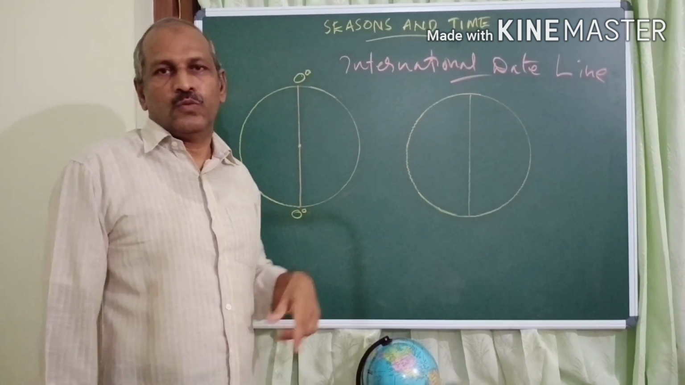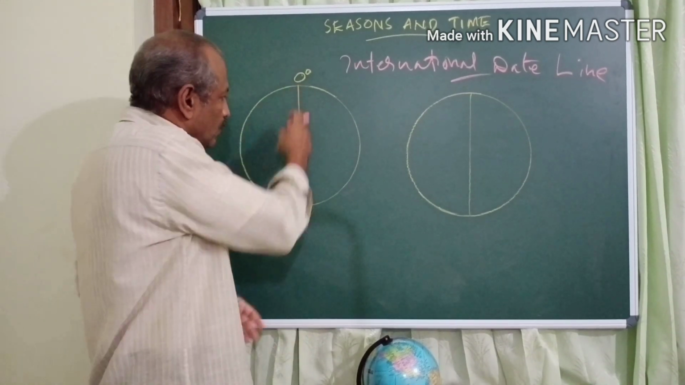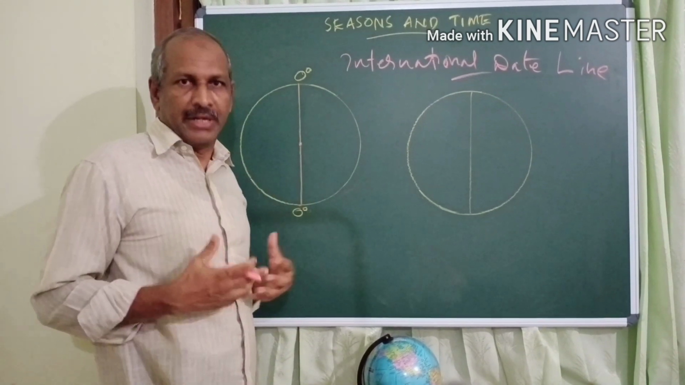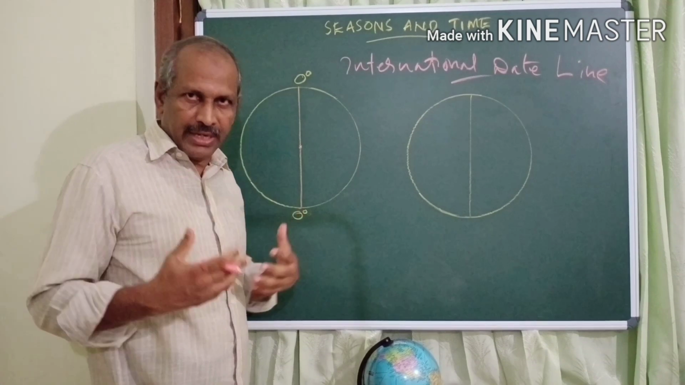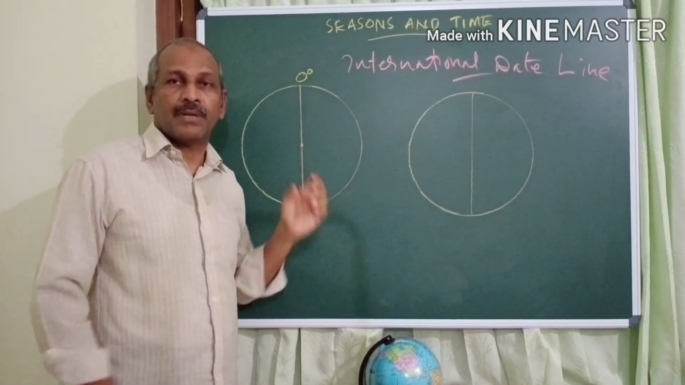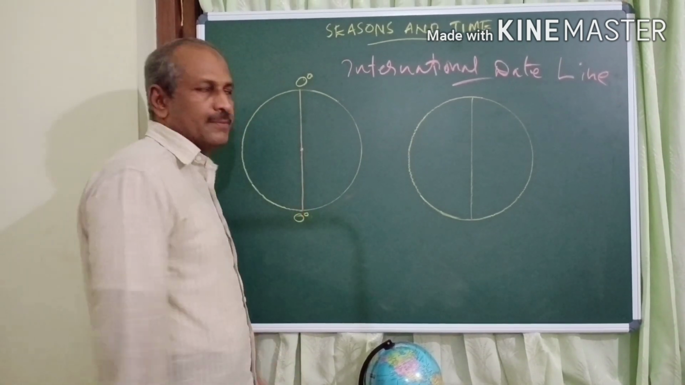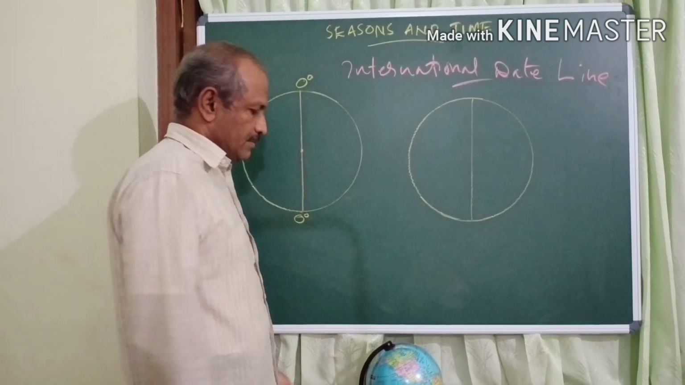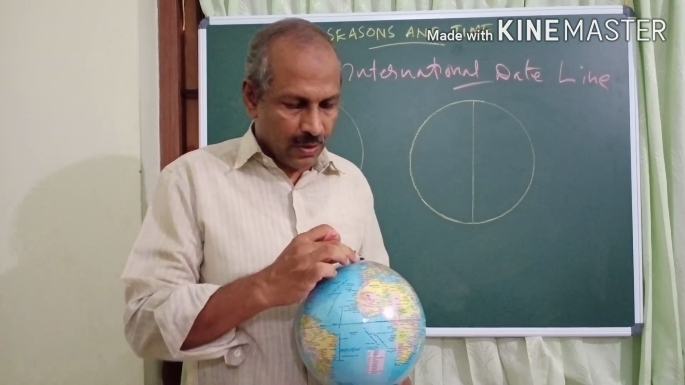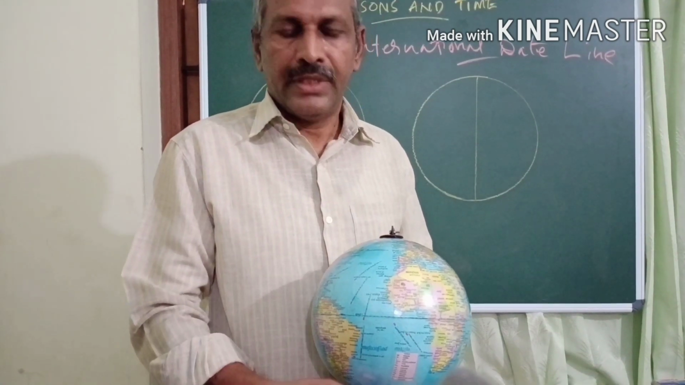In my last class, we discussed the concept of 0 degree longitude, which is called the Greenwich meridian. It is called the Greenwich meridian because it passes through the place called Greenwich in England, and it is also called the prime meridian because time is calculated worldwide based on it. Look at this globe: this 0 degree longitude is the Greenwich meridian, and its opposite,